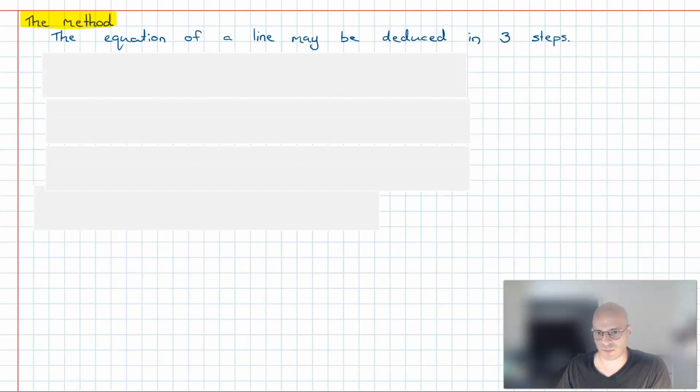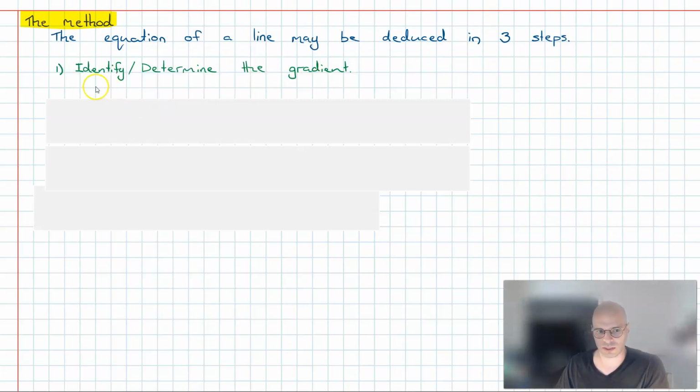The equation of a line may be deduced in 3 steps. The first step being, you simply need to identify or determine the gradient of the line you're working with. So in other words, you might have to identify it as in m equals something. Next step,